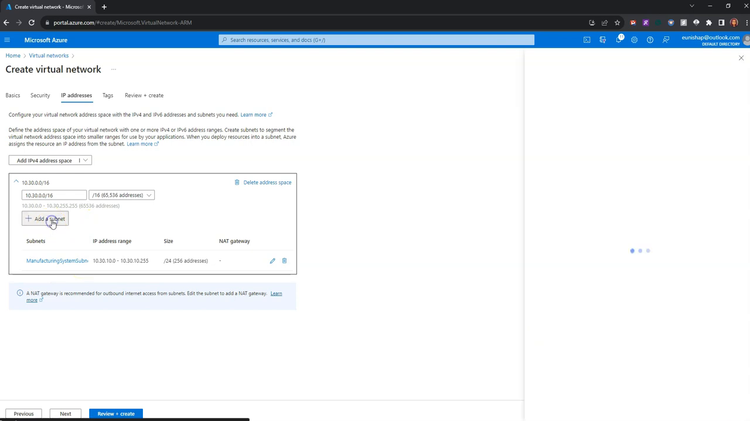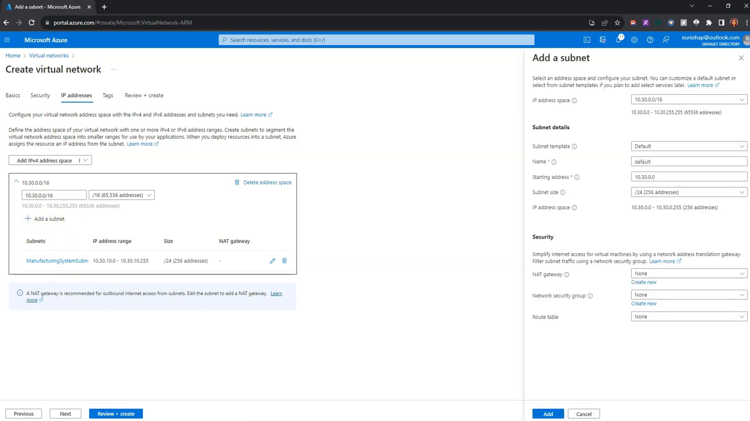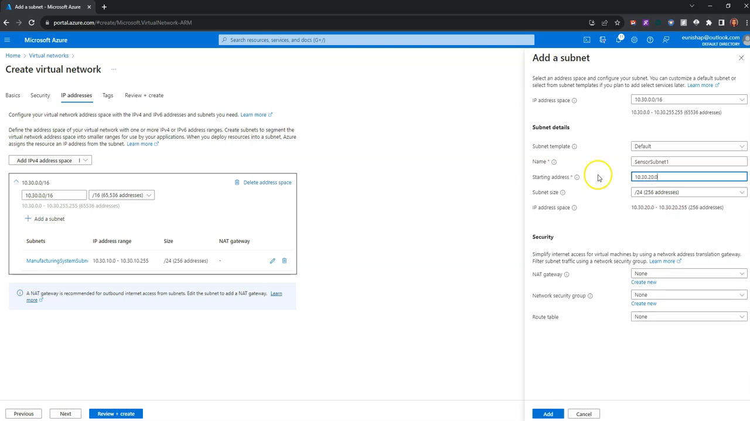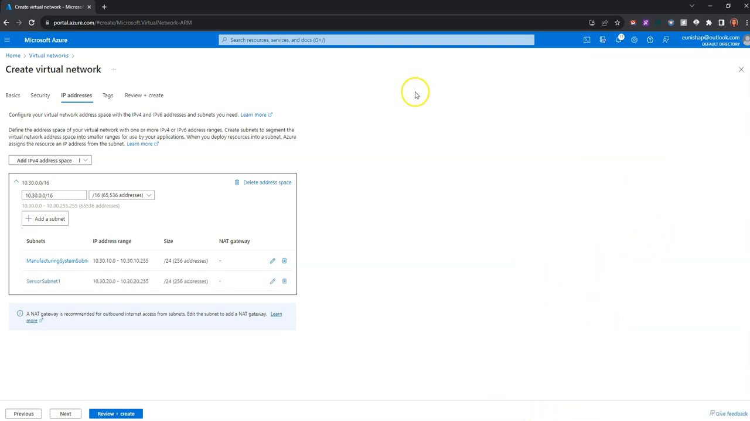We'll click on add a subnet to add a new subnet. And next we're going to create our sensor subnet. And that's sensor subnet number 1, because we actually have a total of 3 sensor subnets. So this is number 1, and the IP address subnet range is 10.30.20.0/24. We don't need any special security considerations. We'll go ahead and click on add, and we're going to go ahead and click on add a subnet,